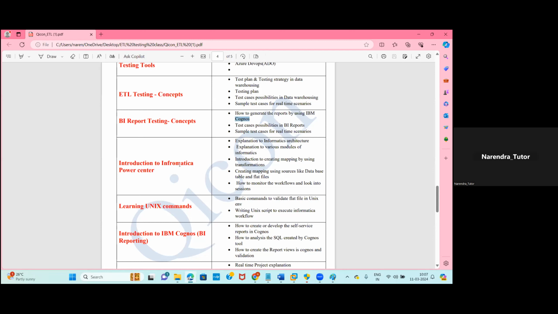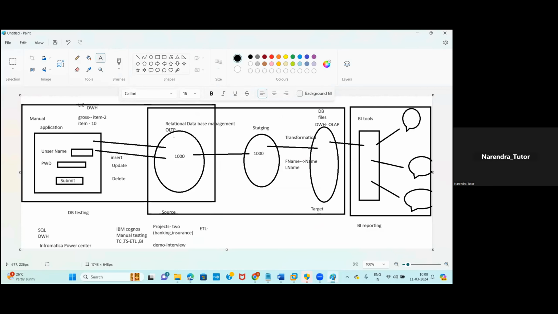As I said, we are also going to learn about Informatica. Informatica PowerCenter, and there you'll see the various transformations we use to develop mappings. If the source is a file, in some cases, in this diagram from the application, the source is not only a database. Sometimes we will have files here. If the source is a file, how we load the data from files to the target, and how we validate the data if it is a file and database. And also,